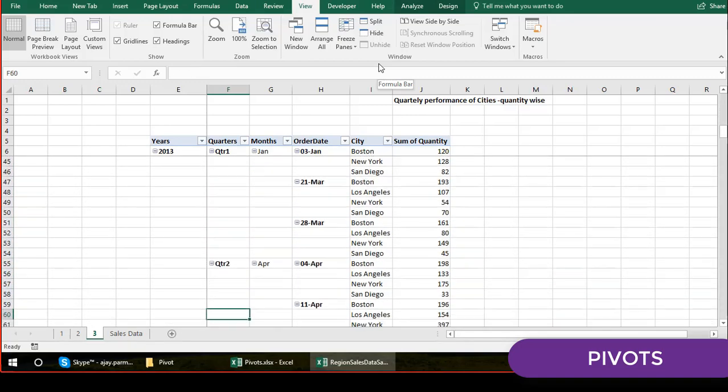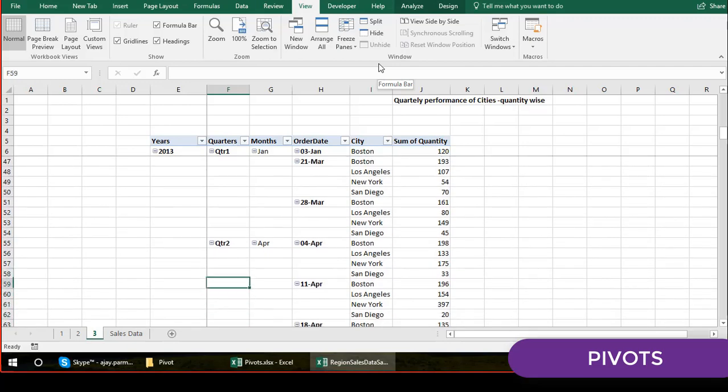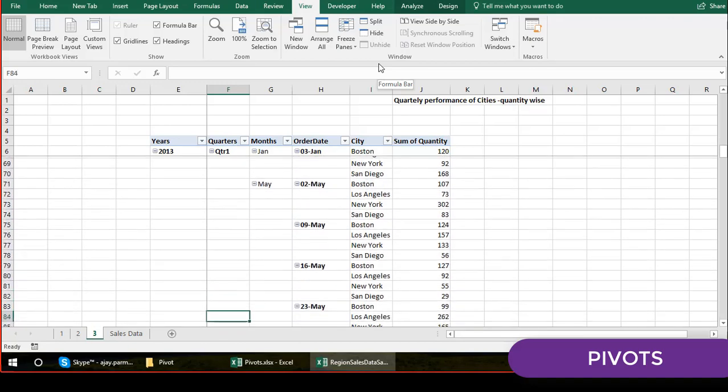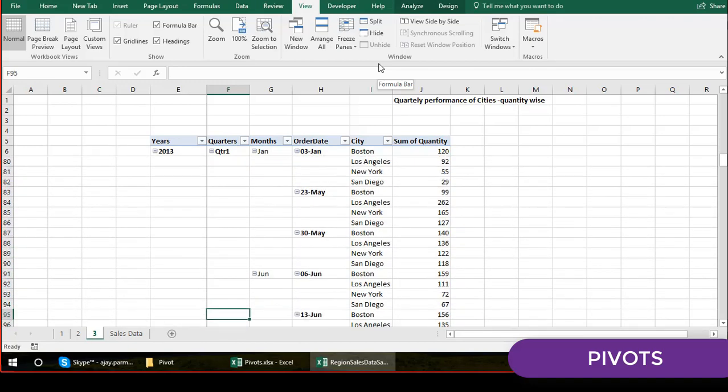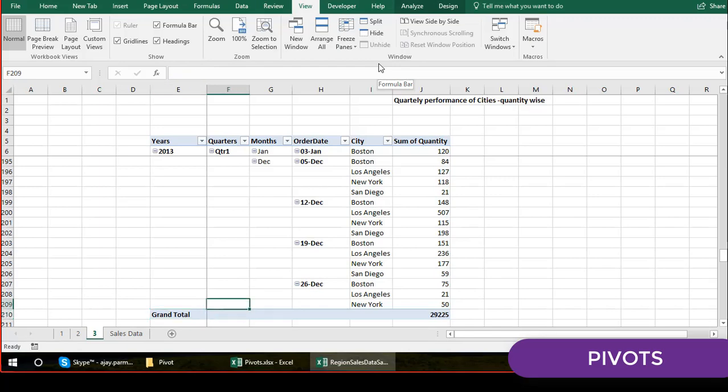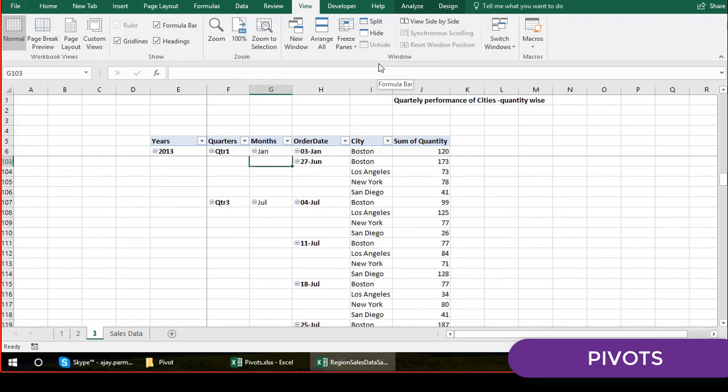So just go there, and so we have the performance. I don't see the quarter total coming as well, so I think it's getting removed from this. So only the grand total is coming. Basically the quarterly numbers are coming, but the quarterly total is also removed along with the date total, right?